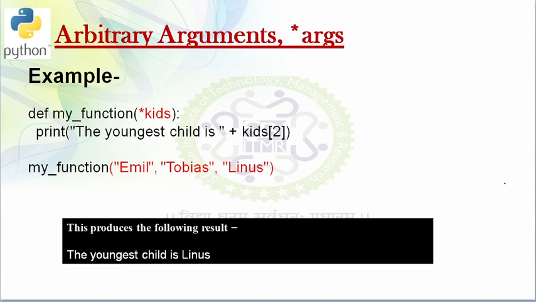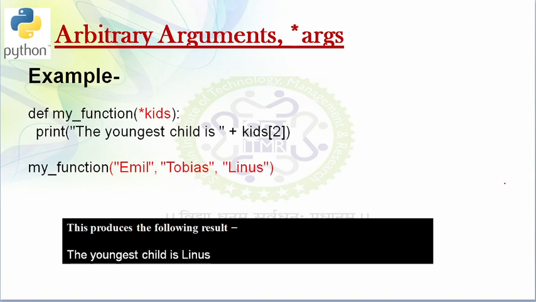Here I have given one example in which I have defined the function name as my_function, and in the brackets I have given a star, and after that I have defined one parameter, which is kids. Basically, what an arbitrary argument does is, if you don't know how many arguments will be passed into your function, you add an asterisk before the parameter name in the function definition.